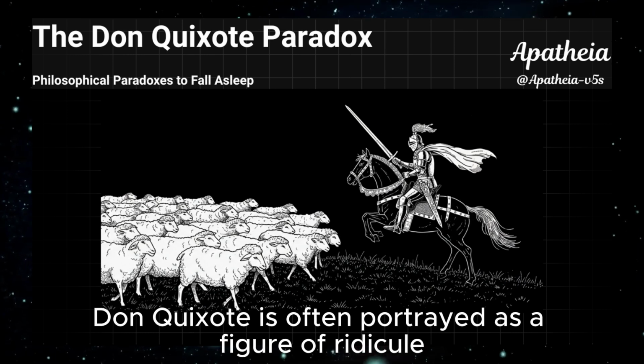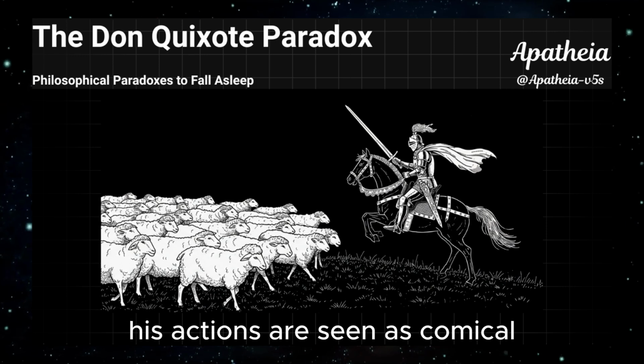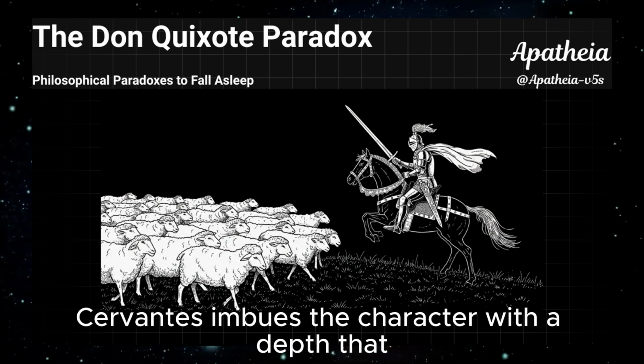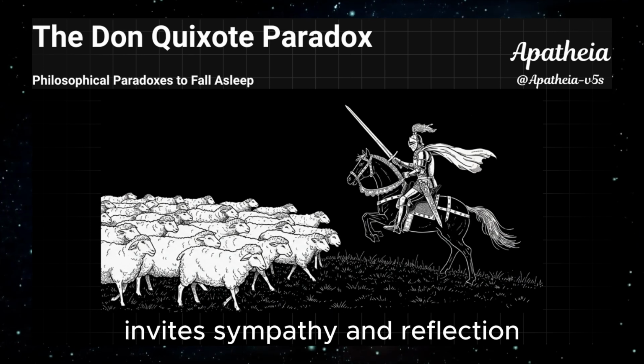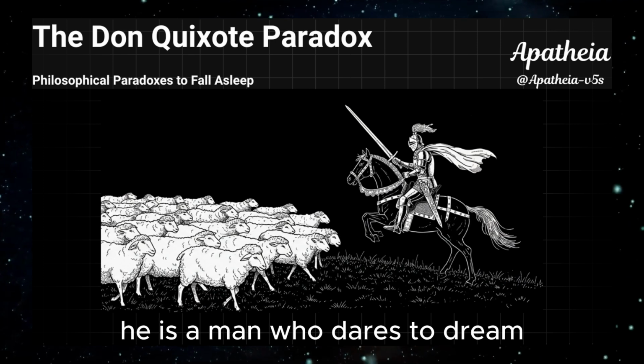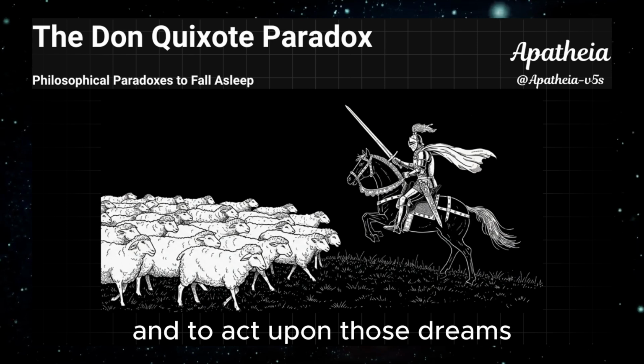In the novel, Don Quixote is often portrayed as a figure of ridicule. His actions are seen as comical, his beliefs as misguided. However, Cervantes imbues the character with a depth that invites sympathy and reflection. Don Quixote is not merely a fool. He is a man who dares to dream, to imagine a better world, and to act upon those dreams regardless